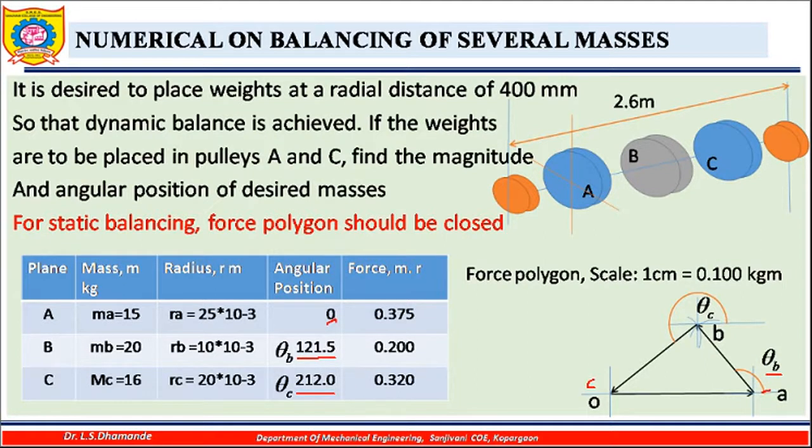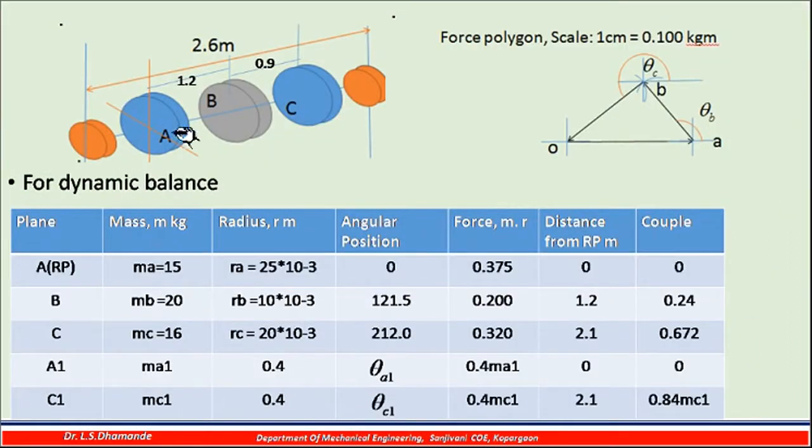Now we will try to find out the second part of it, that is to attach some mass at A and some mass at C, and its magnitude and its position that you have to find out. So let us draw one more table using that additional planes of A and C. So now this diagram again it is considered, and now I am going to add some additional mass over here and additional mass over here at C.